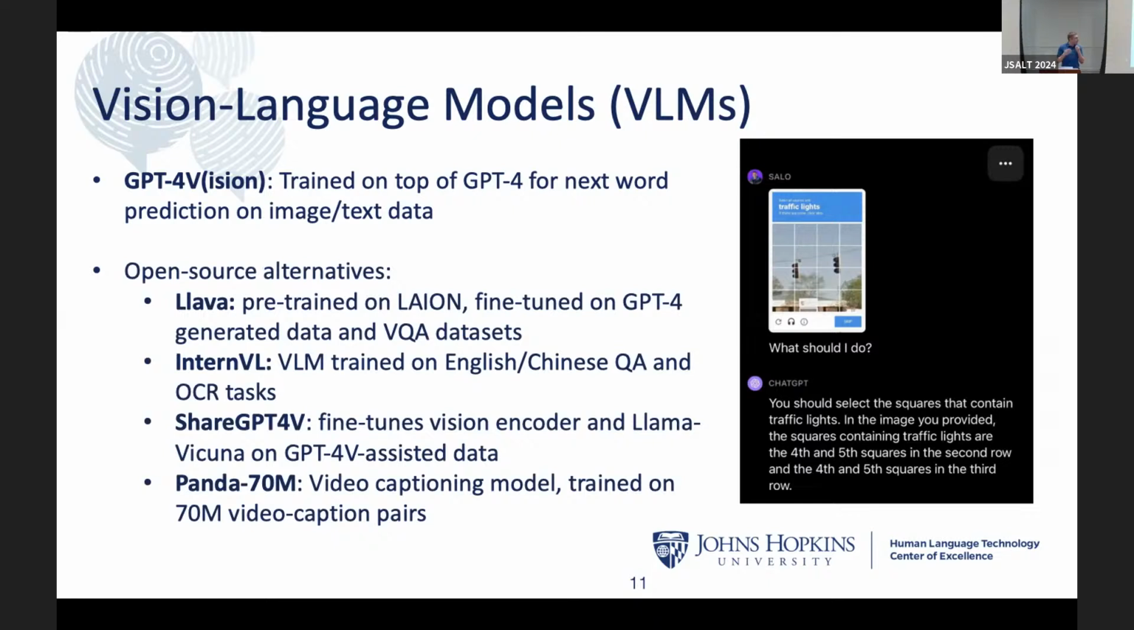And then there are a lot of open source alternatives that have been coming out recently. The two that I wanted to highlight, well, two of them have been fine-tuned on GPT-4 generated data. That's what I talked about in my little comment earlier, as a teacher-student pseudo framework. But the one that is most interesting to me is InternVL, because that was trained on English and Chinese, as opposed to the other ones that were just trained on English, and it's trained on a lot of OCR. And actually, in their paper, they showed on many OCR tasks it outperforms GPT-4V, so that's very interesting